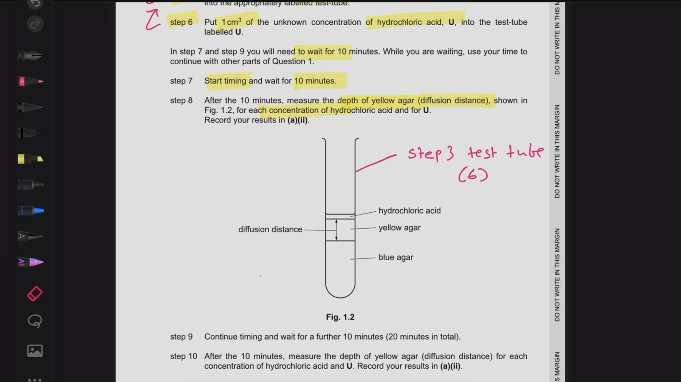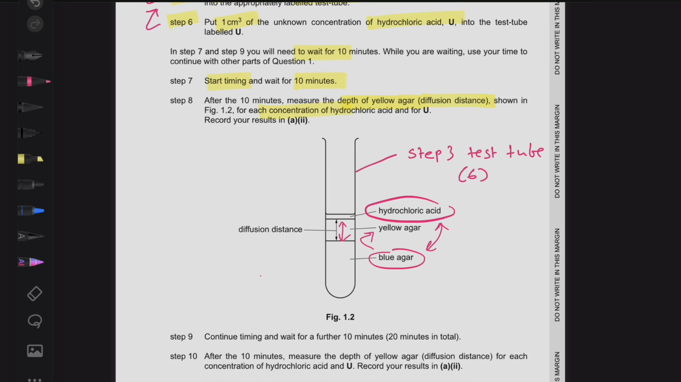So right here is a diagram, right? So we have our blue agar and we have our HCl. Initially, there's only going to be these two present, but with time the HCl is going to diffuse, and as it does that, it turns the blue agar into yellow agar. The agar is not increasing in quantity, it's just changing colors, and that is what determines the diffusion distance